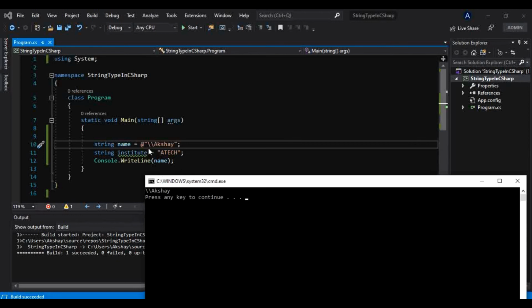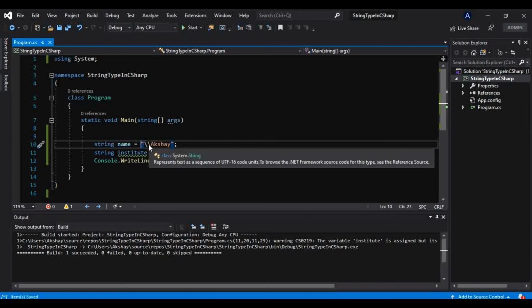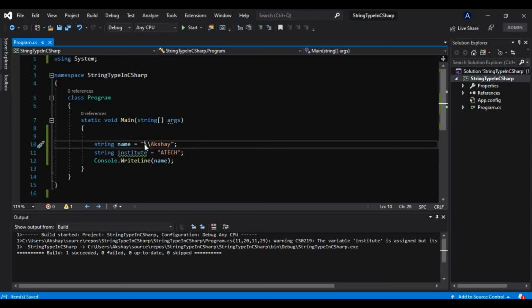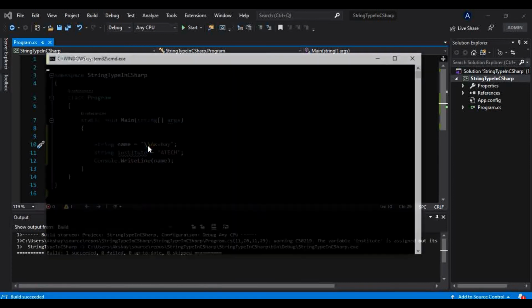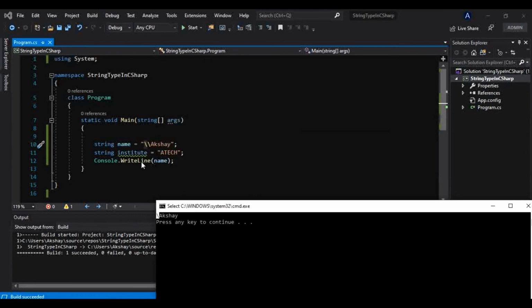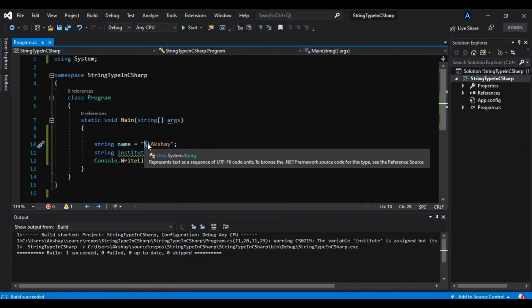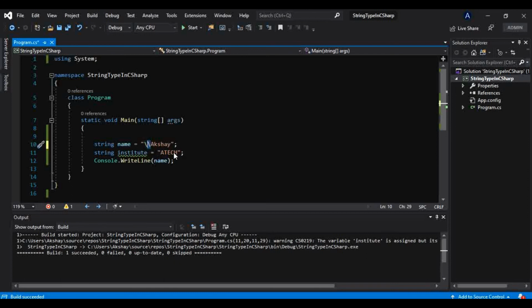And if you had not used the @ symbol here, what would it have printed? It would have printed only a single slash, because this slash would be escaped by the other slash. Let me show you that. Now it is treating one slash as an escape sequence for the other slash, which is why it prints only a single slash.